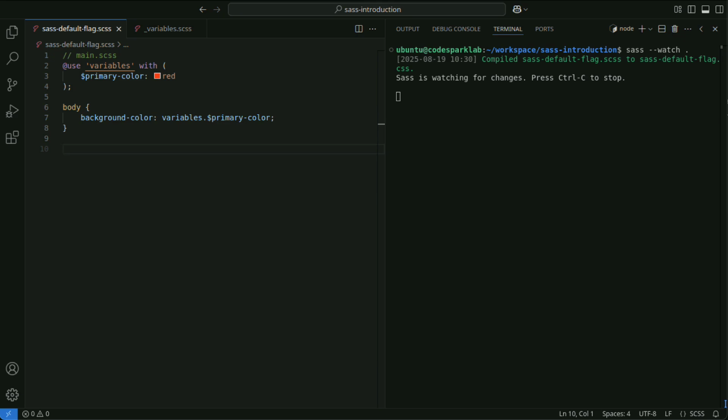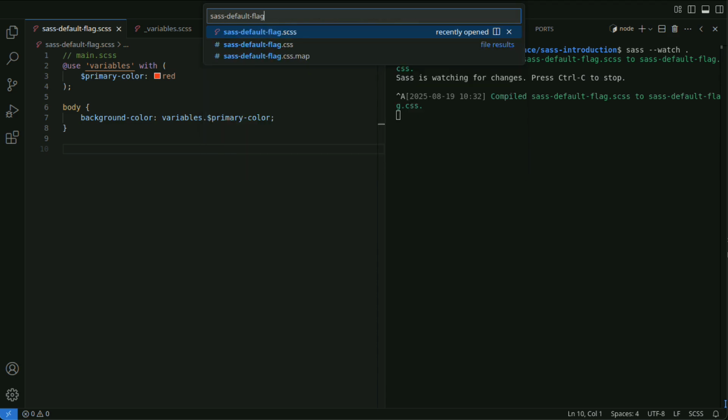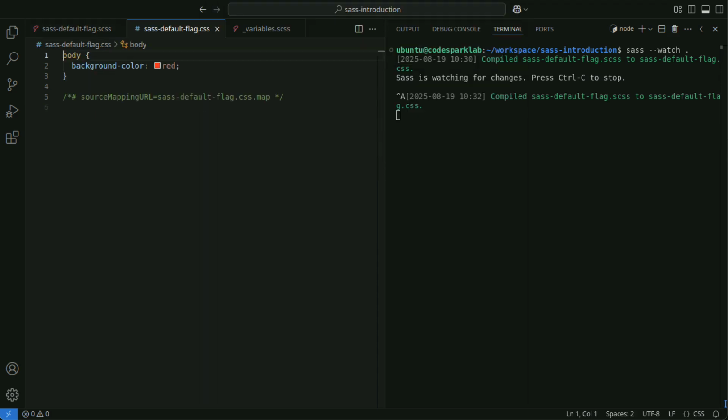Importing variables using @use and overriding $primary-color with red. When the Sass file is compiled into CSS, it looks like this.